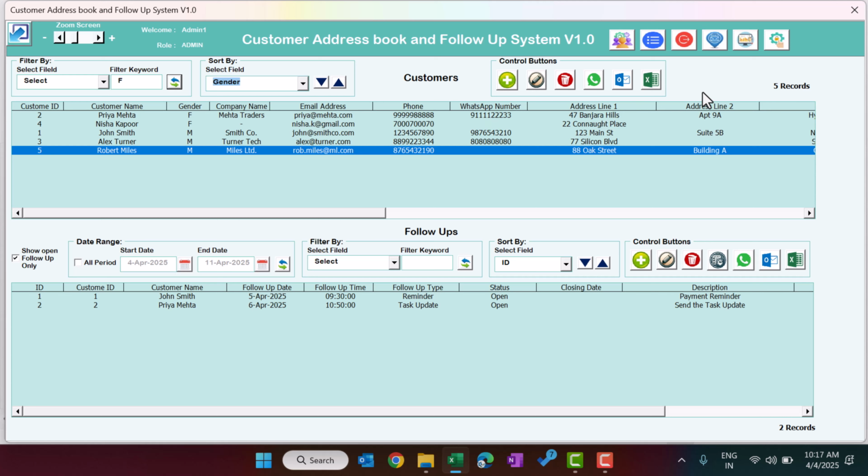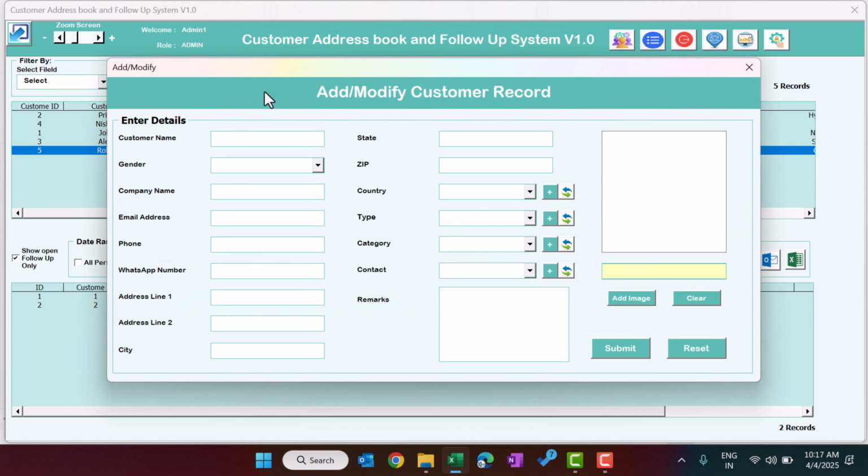Now here we have some controls button to manage the customer. This is the customer table. You can add the new customer. Let's click on this. So it will open the add or modify new customer record. Let's say I'm going to add a new customer. New customer I'm adding as a PK, and let's say I'm taking gender, then the company name,